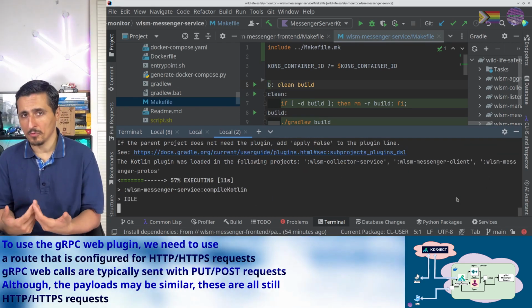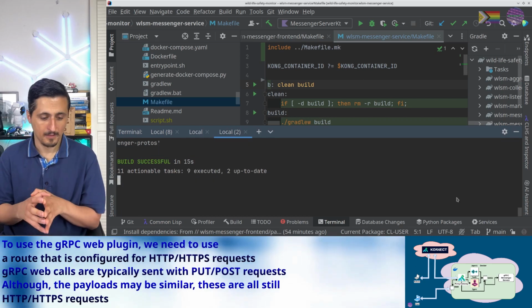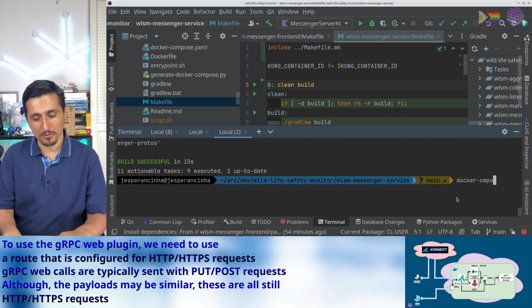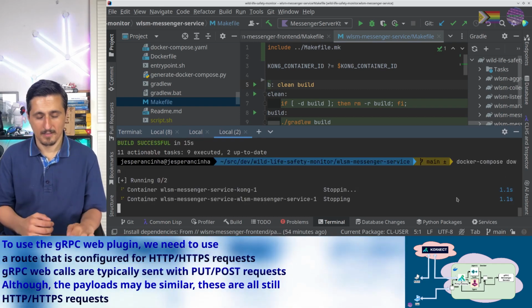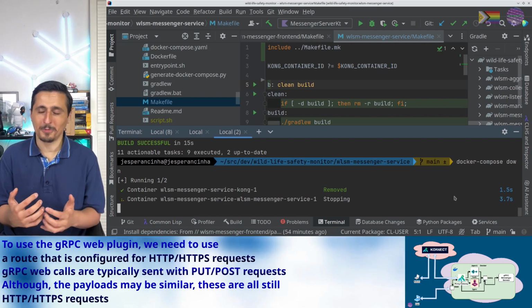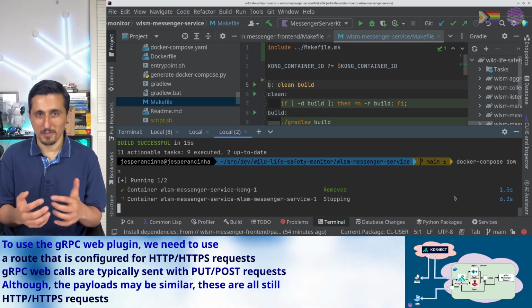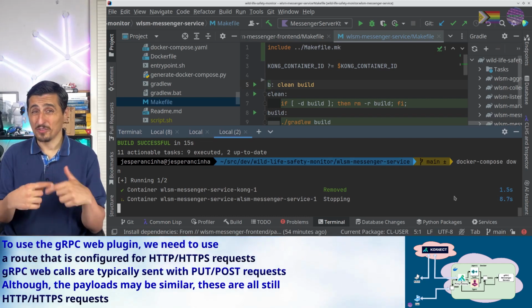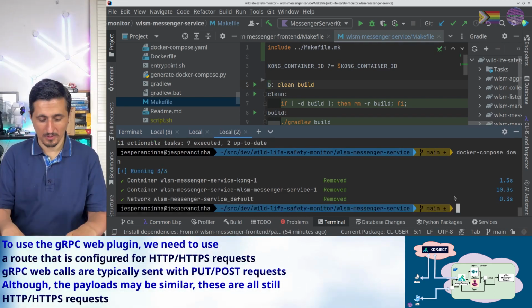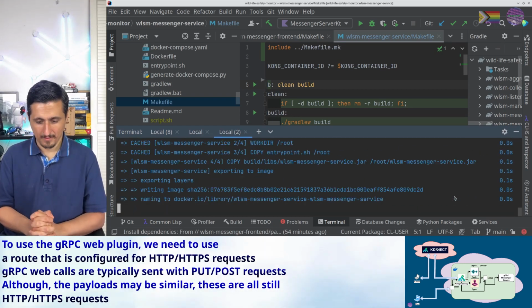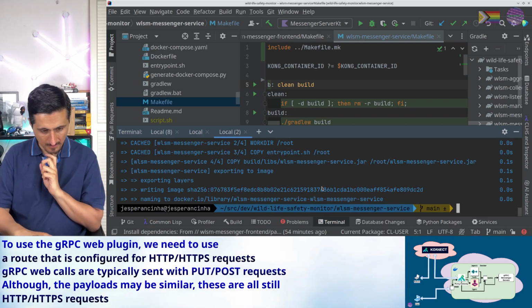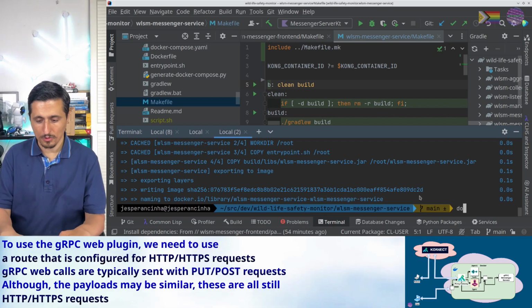And that's why we are also going to run docker compose build. Okay, now we do, but first we do docker compose down. There are better ways to do this, but this is probably the easiest way in terms of command line, because we are still going to have to wait again for Kong to resynchronize with the containers. But yeah, this is cached, but we can see that the jar has been copied. So if we do a docker compose up,